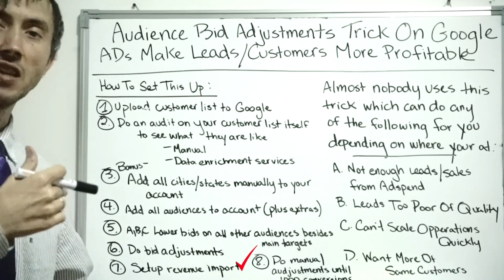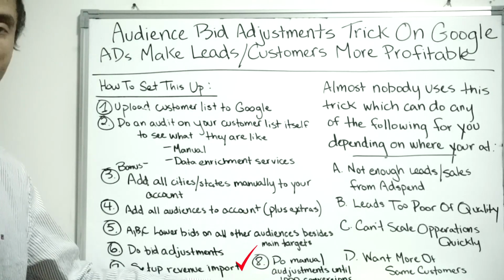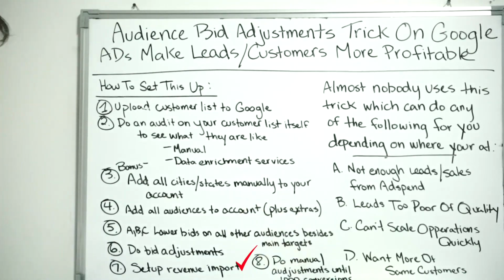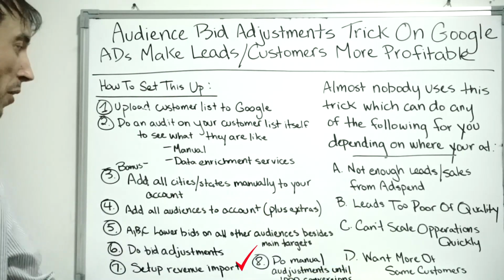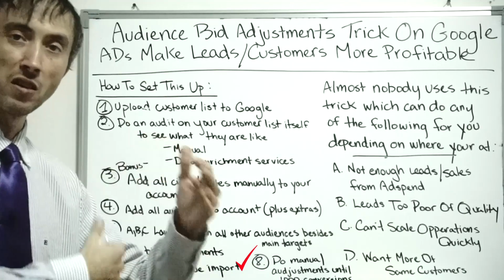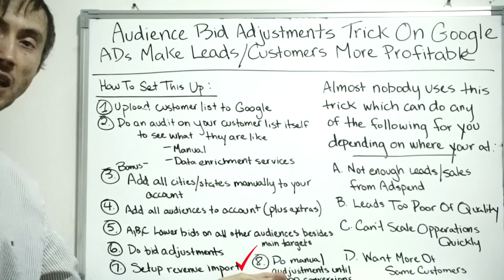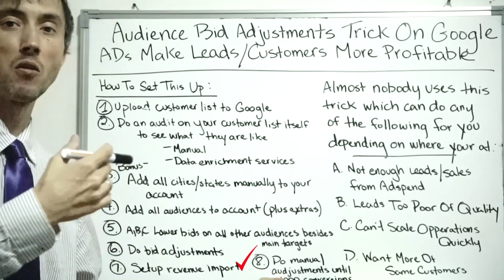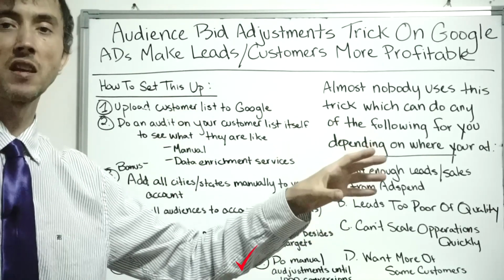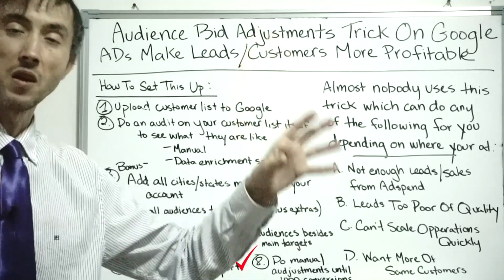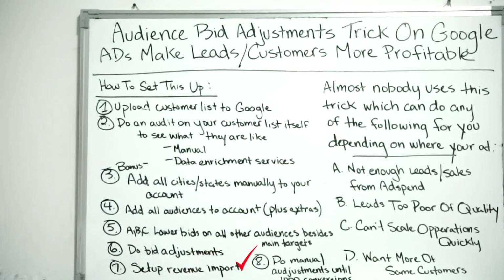But for the most part, the algorithm will make its own adjustments on the audience level for you, even though I still recommend doing the manual bid adjustments on the audience level still. But the power of doing the adjustments on the audience level, with having the revenue data flowing into your account, and as much of it as you can, and then having the maximized conversion value bidding going for you at the same time, you will get consistently more sales at a cheaper cost, or more sales at the same cost if you're happy where your cost per sale is, and keep getting more sales through this process.